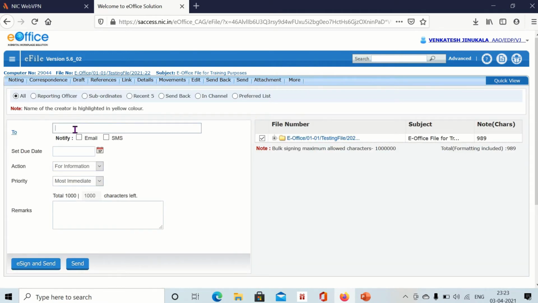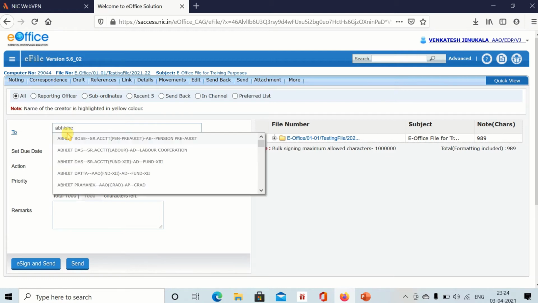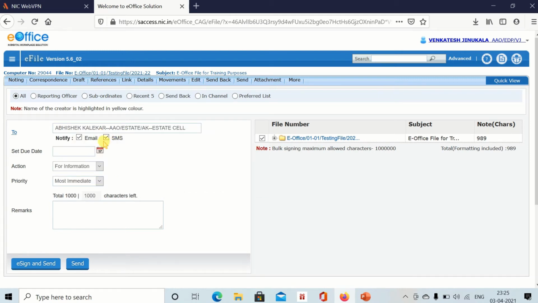See here, you can type the name of the person whom you want to send the file to in this To field. So from here you search any name. If you tick these boxes, then the person whom you are sending to will receive SMS as well as email. And set due date. Then action. Why are you sending this file to him? Whether it is only for